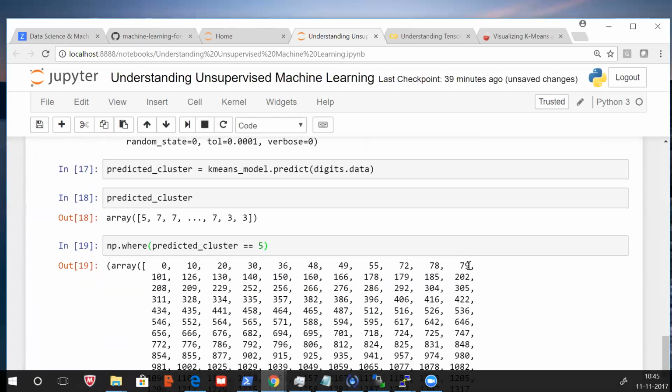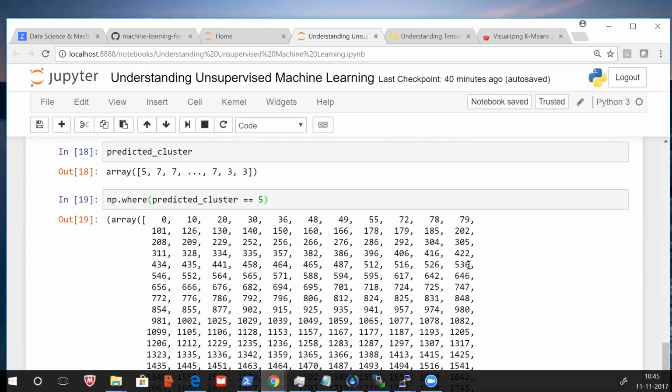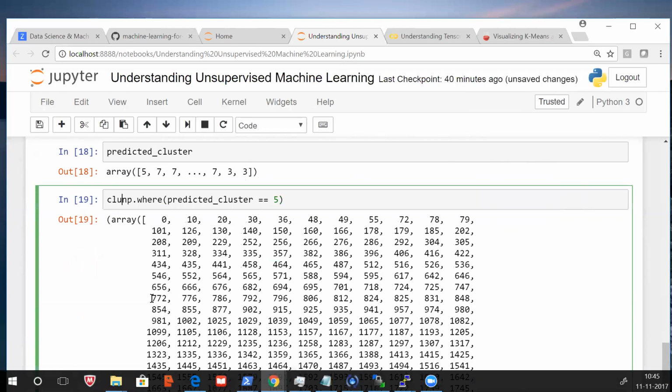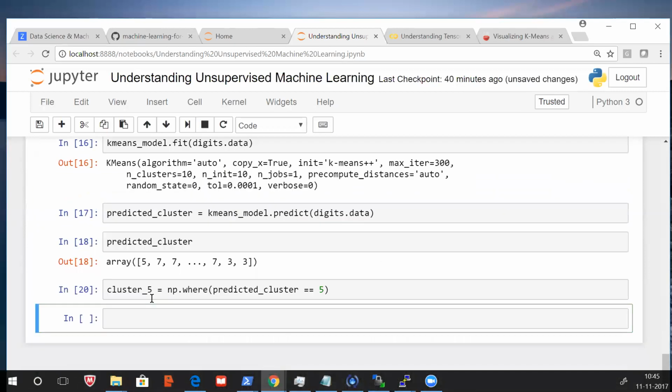This will give the index numbers of all the data categorized into cluster number 5.